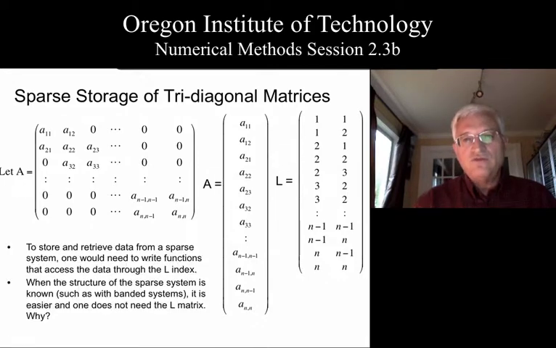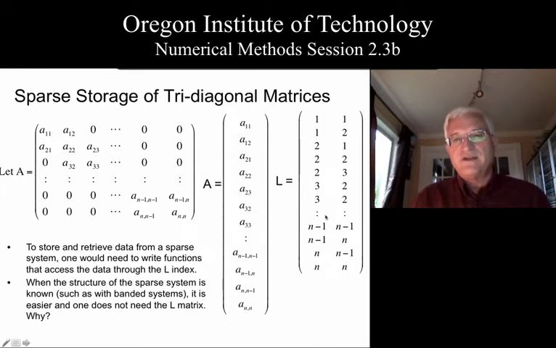So what would we do with this matrix if we stored it? If we're going to apply the same kind of algorithms we had previously, we're going to have to learn to store and retrieve both A and L and reconstruct the Aij location without rebuilding this huge structure. It'll take more code on our part to be able to reconstruct the kind of algorithms we had earlier in this chapter.